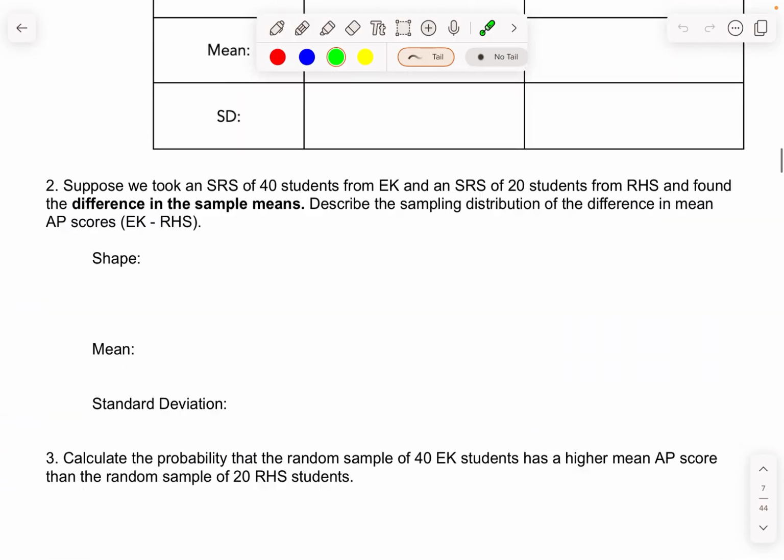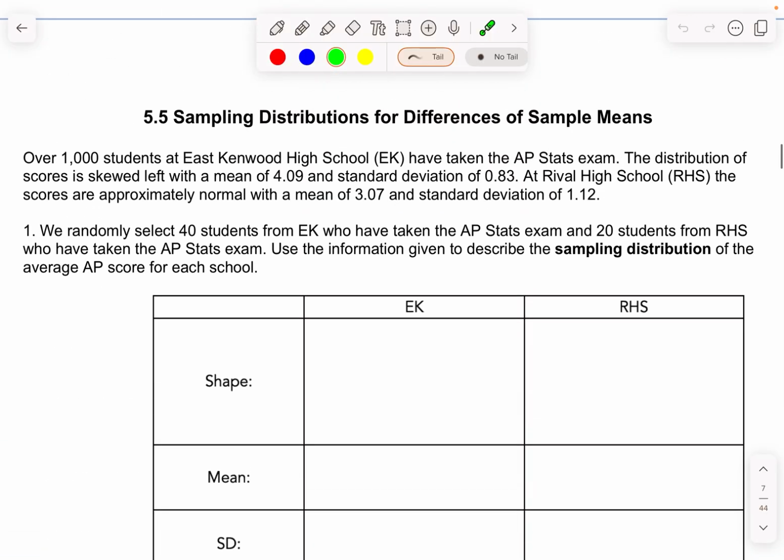So I'm at the top of page 6. Okay, 5.5, sampling distributions for a difference of sample means. It says, over 1,000 students at East Kenwood High School have taken the AP Stats exam. The distribution of scores is skewed left with a mean of 4.09 and a standard deviation of 0.83. At Rival High School, the scores are approximately normal with a mean of 3.07 and a standard deviation